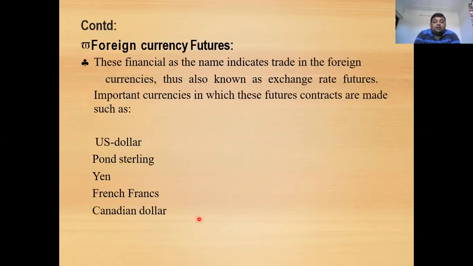Now, first we have discussed the interest rate futures. The next type of financial futures is foreign currency futures. As is clear from the name, foreign currency futures means future contracts generally related to foreign currency and foreign transactions. For example, we have bought a 3-month future of USD at the rate of 62 rupees per dollar. So it means that